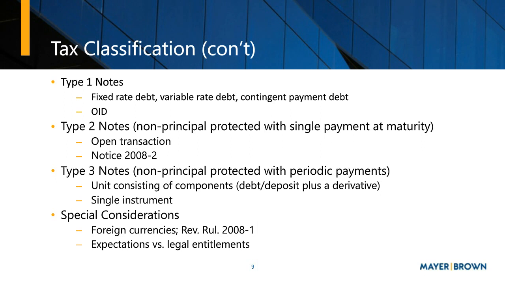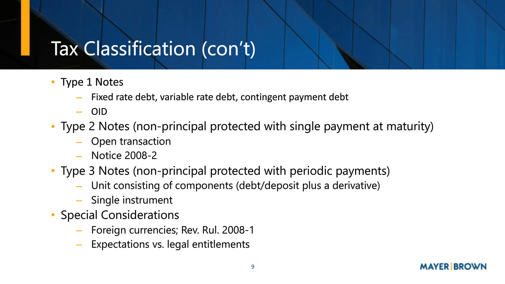So in order to be in the category of a Type 2 or a Type 3, not only should it not legally, under the terms, be principal protected less than a certain threshold, let's say 90%, but there should also be more than an insignificant probability that the principal will be eroded. All right, let's take a look at